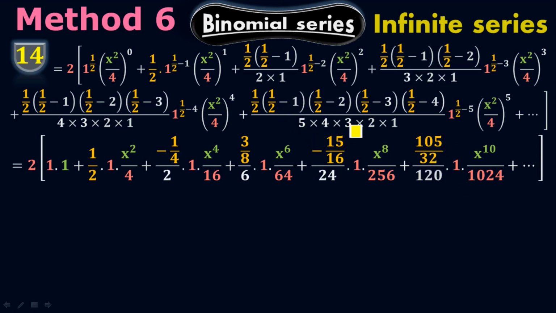5 times 4 times 3 times 2 times 1 is 120. 1 over 2 minus 5 is 1. (x squared over 4) to the whole 5 equals x to the 10 over 1024, plus infinity,